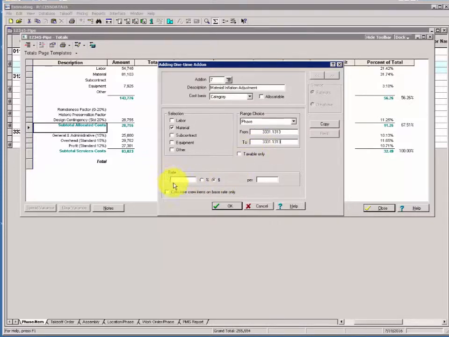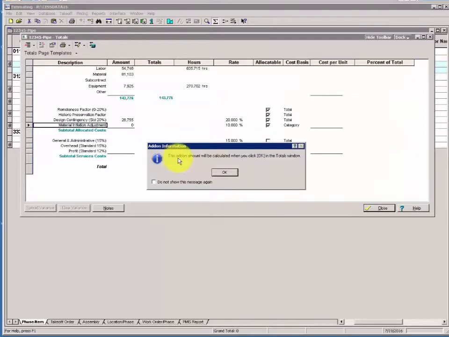Now you can type that in the to column as well, or as I'm doing, you can copy paste it. You want to make sure in the rate box that you've selected percent. We'll use a 10% inflation adjustment here. And when you've completed that, make sure you click the allocatable box. This will give you the opportunity in a report to show the costs not on the totals page, but it will actually prorate this cost back across the items, or in our case item, that the price was generated from. So we can show the increased cost in the unit price in the spreadsheet in a report if we choose to. Click OK,